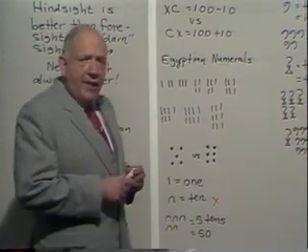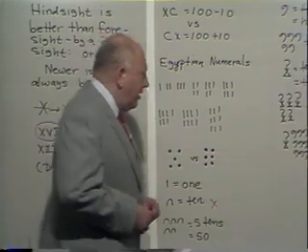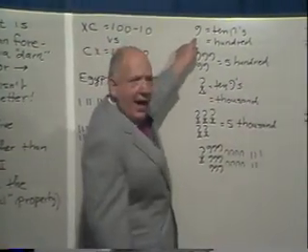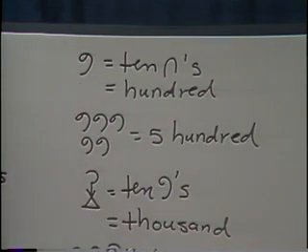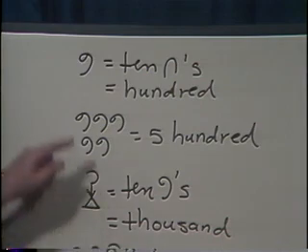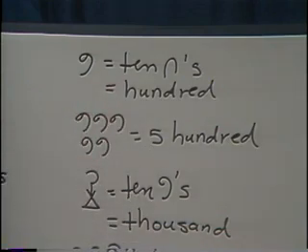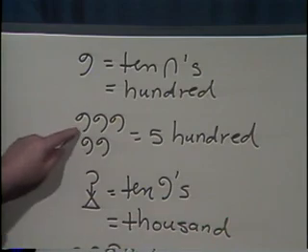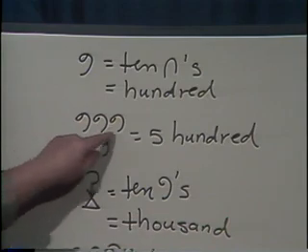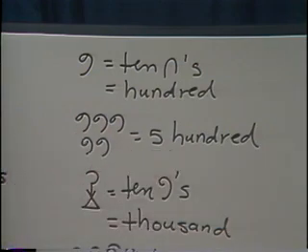So now they did the same thing as the Romans did. When they got to 10 arches, they invented a new symbol. The symbol looks like a funny 9. Some people call it a scroll. Other people say it's a coil of rope. Again, I don't care which one you want to call it. This scroll stands for 10 arches, which are 10 tens or 100. So now if I write the 5, but the noun is now the coil of rope, it's still 5 over here as an adjective, but it's 500s.